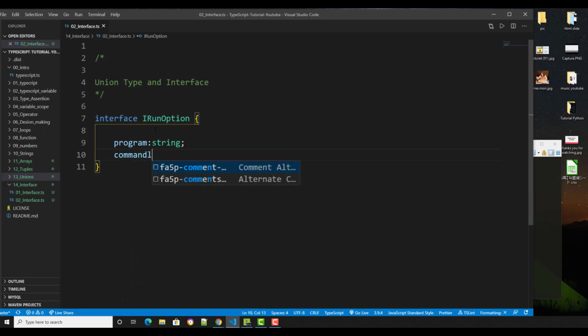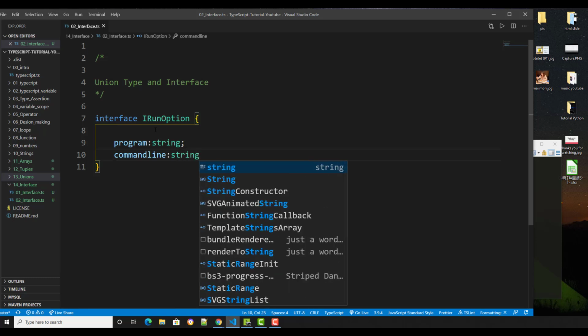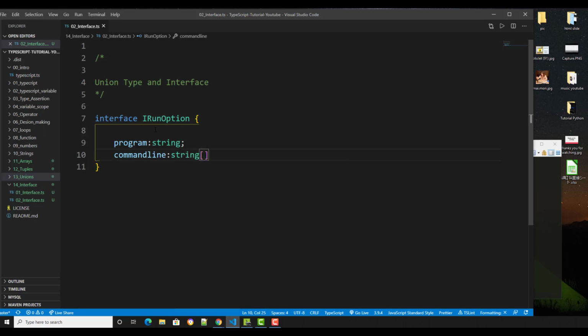So command line. We want this to be a string, string array, so we're gonna use the pipeline. We want this to be string and string array. So string and pipeline,